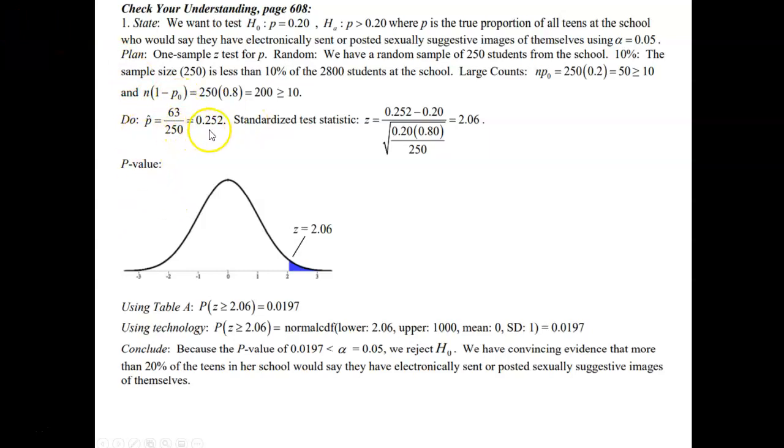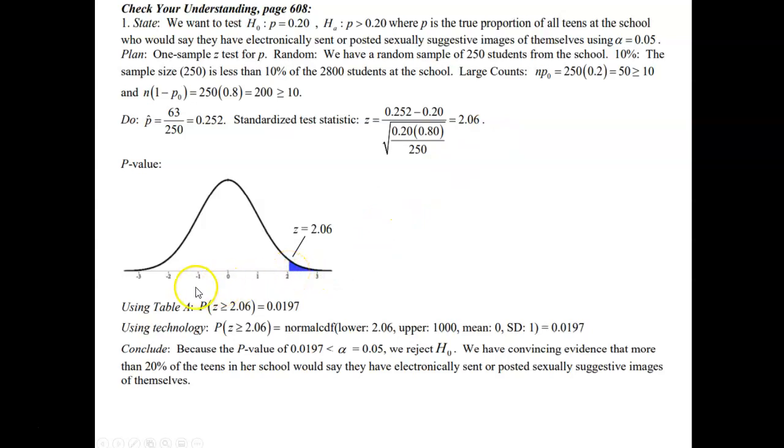So 63 out of 250, which is 25%. Already that is evidence towards the alternative hypothesis, so I feel like we're setting this up right. And obviously we are, since this is the book answer. And then we're going to find our standardized test statistic. So that 0.252 minus the 20% divided by the standard deviation comes out to 2.06, which